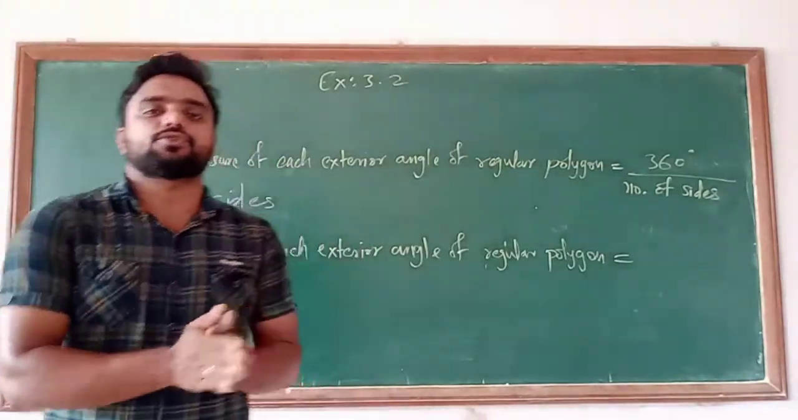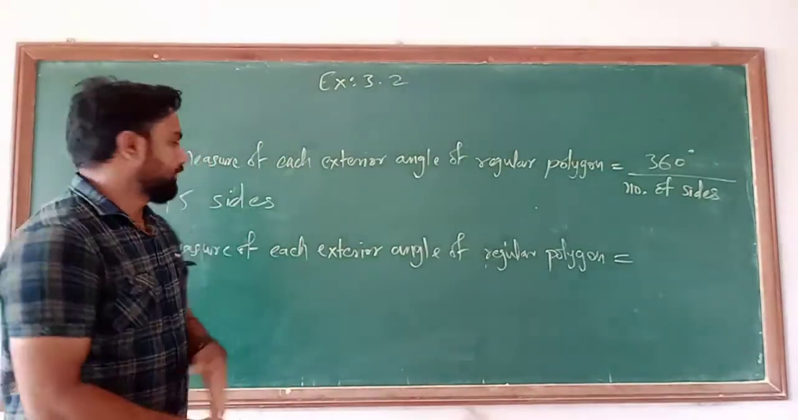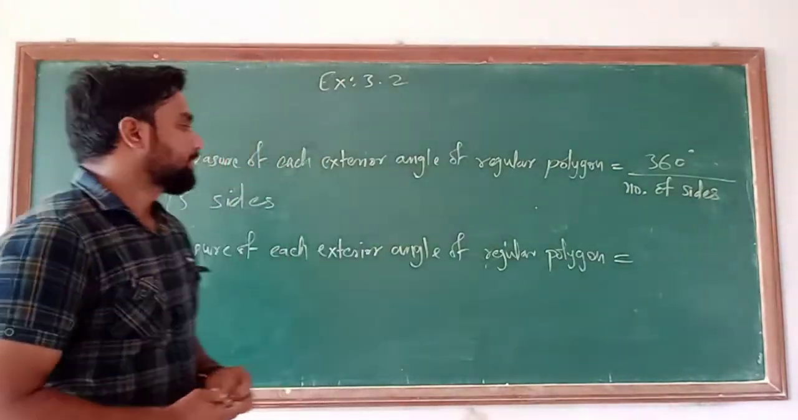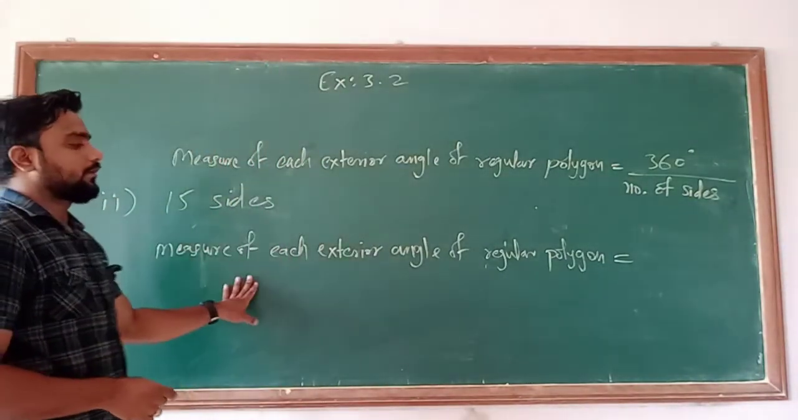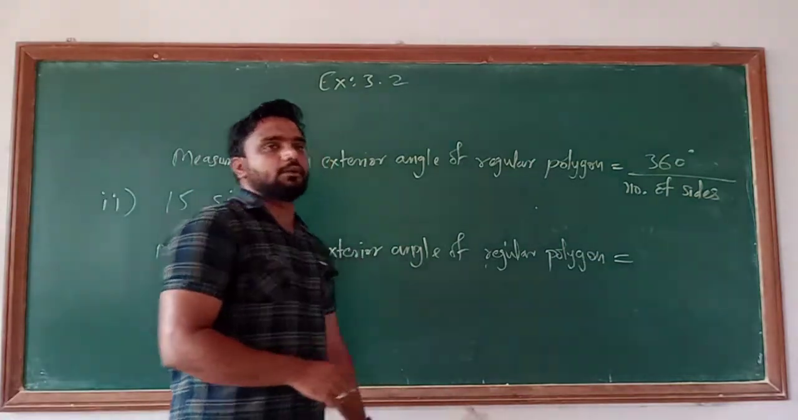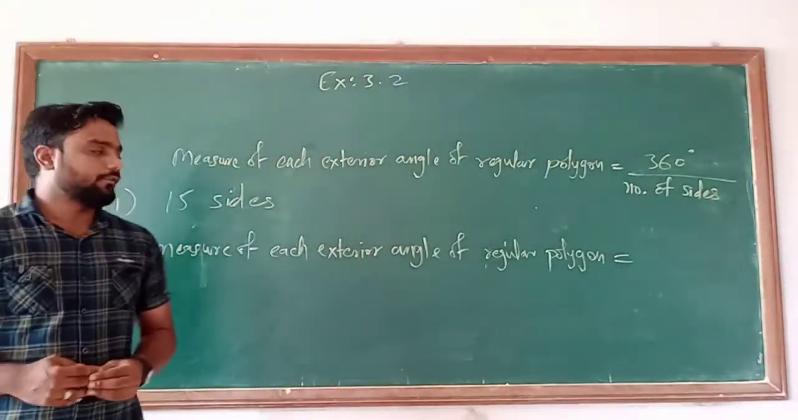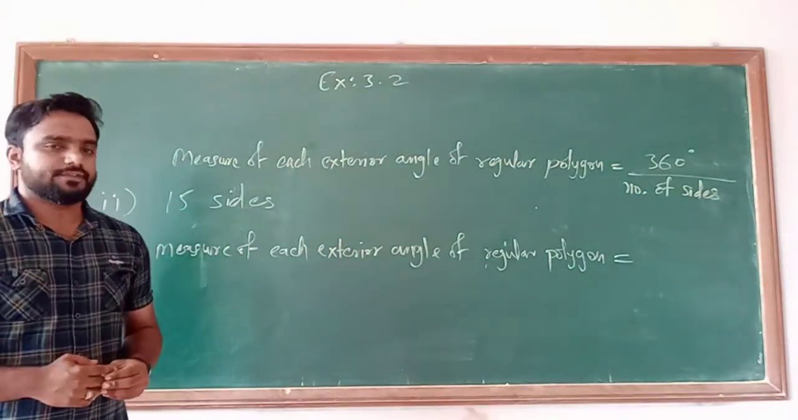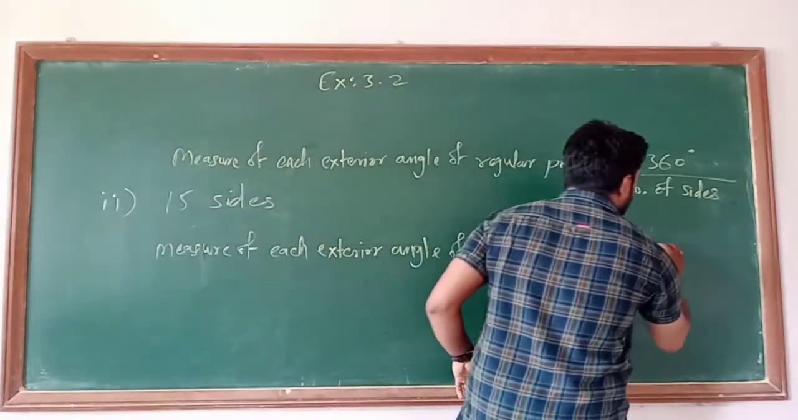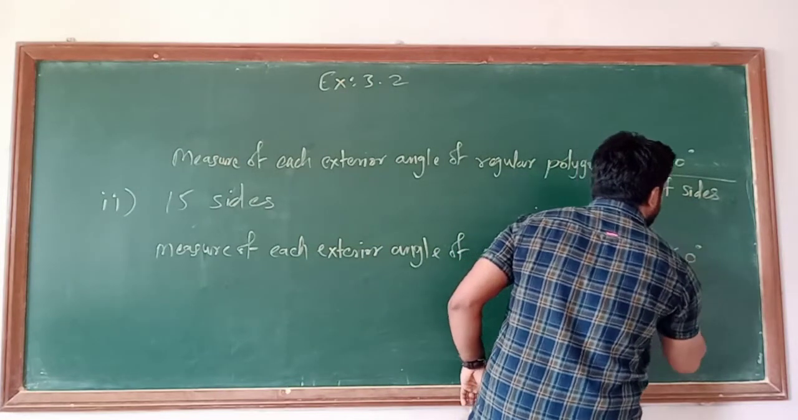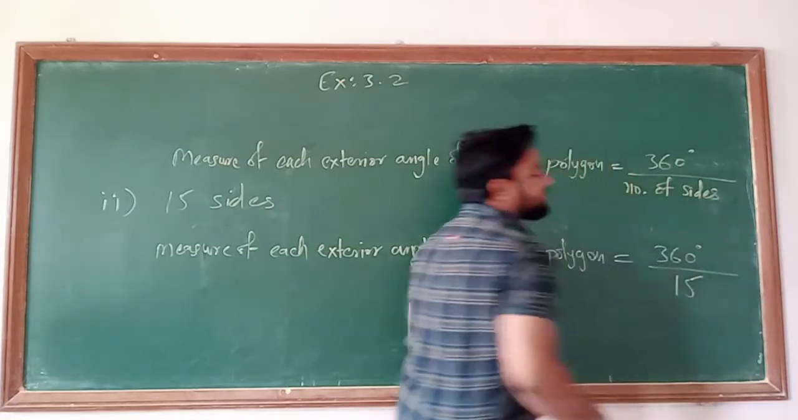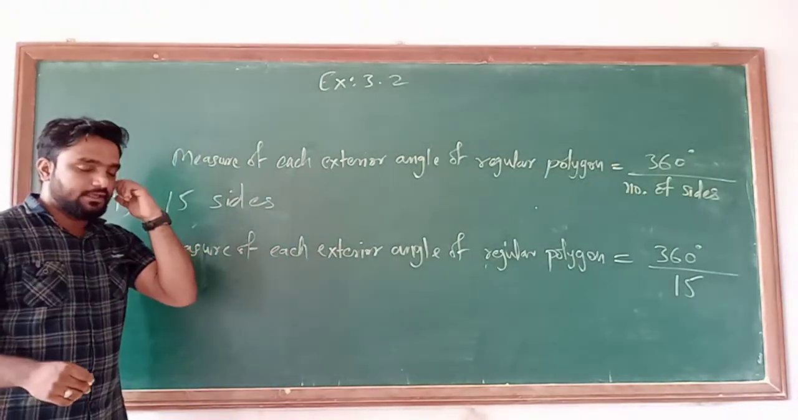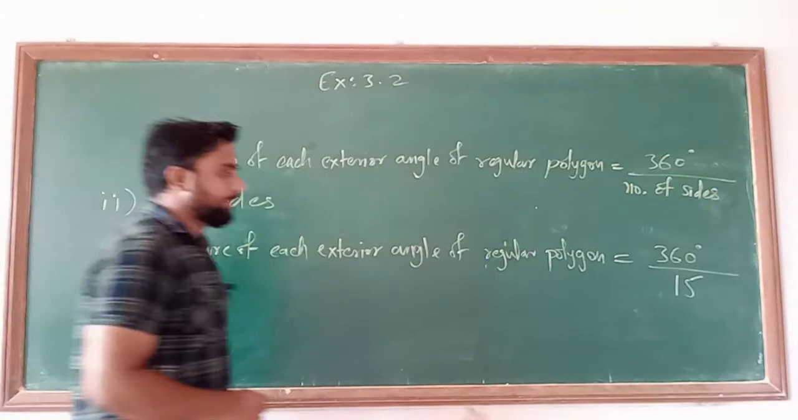Now in the second part, 15 sides are given to you. How many sides? 15 sides are given to you. So you have to find the measure of each exterior angle of a regular polygon, and the formula is the same, that is 360 degree divided by the number of sides. So put it, that is equal to 360 degree divided by 15. So 360 divided by 15, that is equal to,